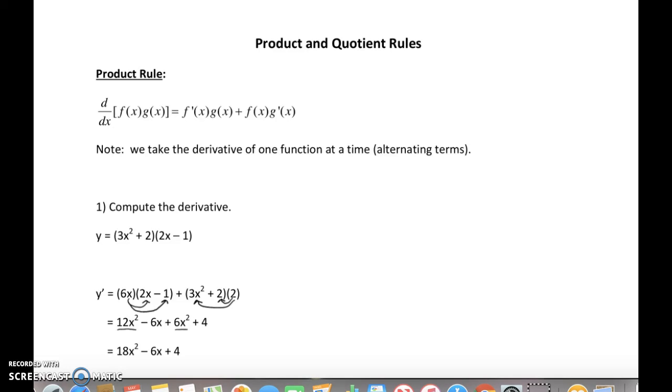Okay, so we're going to solve some problems now using both the product and the quotient rules. And we're going to focus right now first on our product rule, and we're going to take the derivative of one function at a time as needed. So here at number 1, we have y is equal to (3x squared plus 2) times (2x plus 1). So you could go ahead and distribute this, but we're going to use our